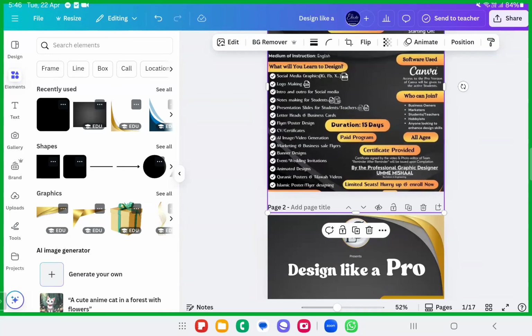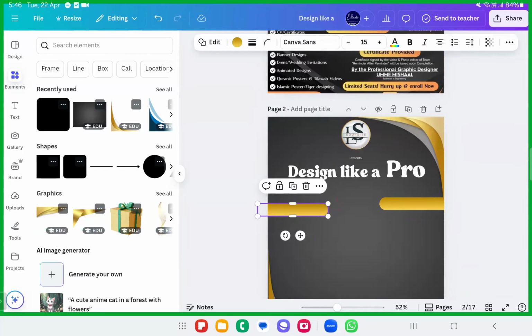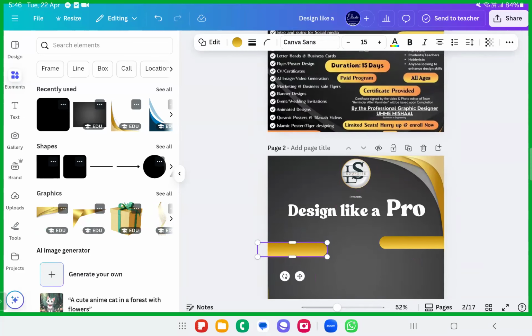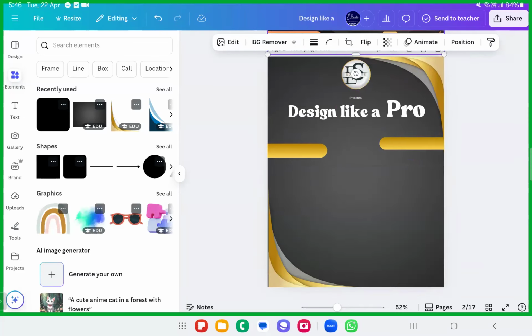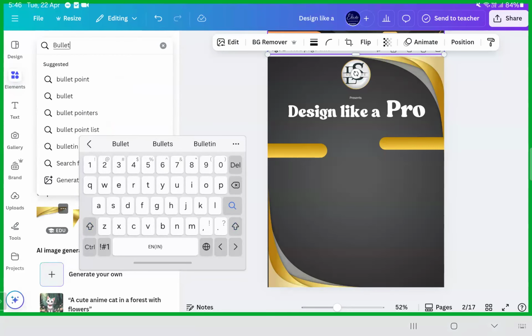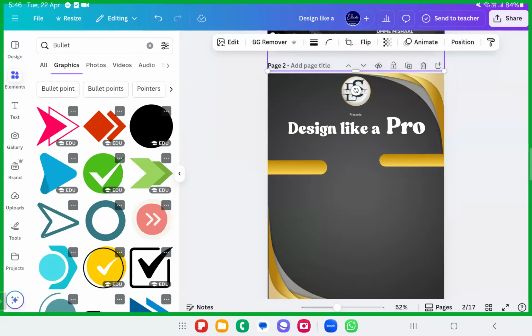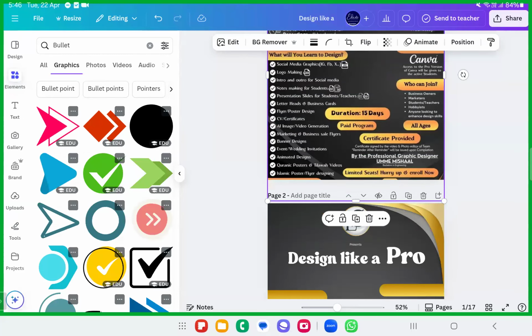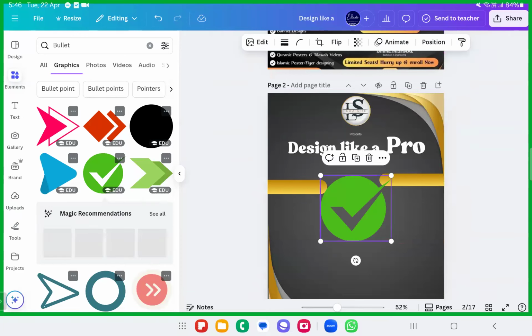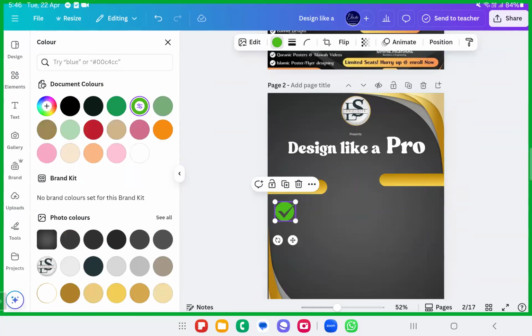Okay, and over here, dear sisters and brothers, we have used arranging and ordering it perfectly, right? Yes, and also there are repetitions. I'll show you how to repeat this content. I've used the bullets there. You can write bullets or bullet points. You will find it in the graphics. This was used over here with the right click. For these things you can change the colors. You can use white.